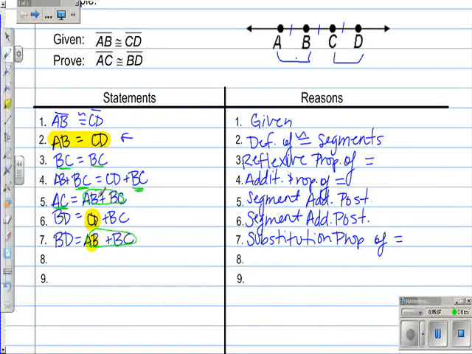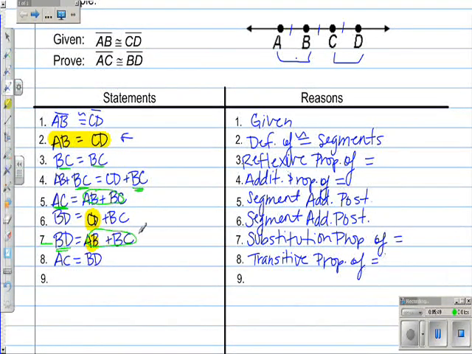So if AC equals AB plus BC, and that same thing equals BD, then we can state by transitive property, if A equals B and B equals C, then A equals C. So the length of AC equals the length of BD by your transitive property